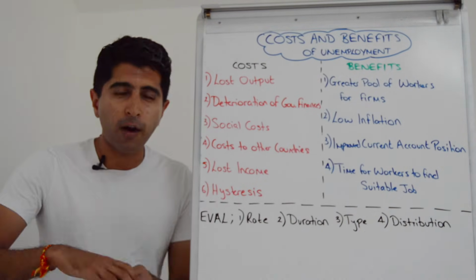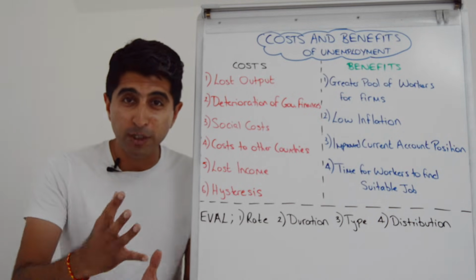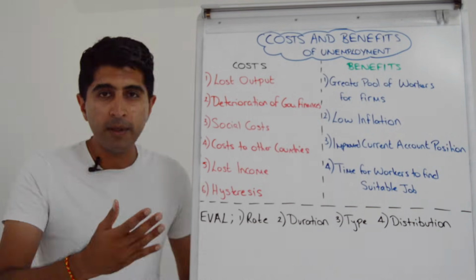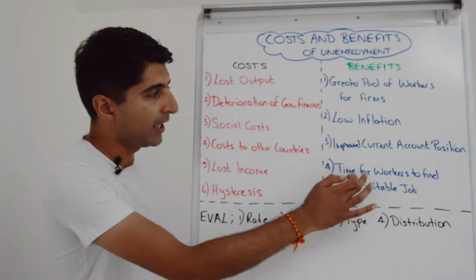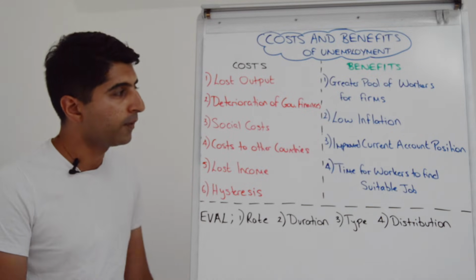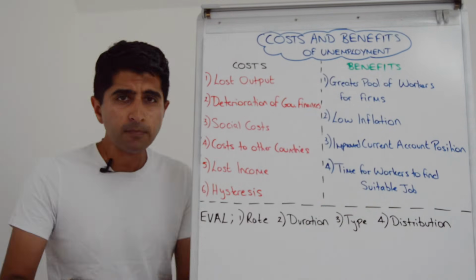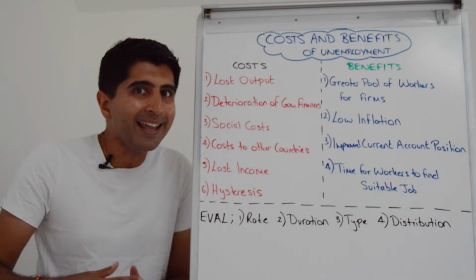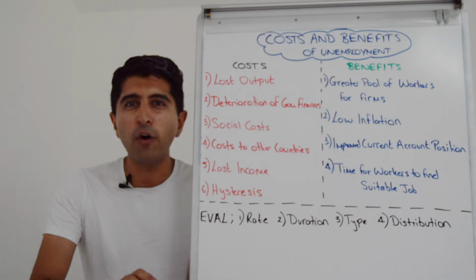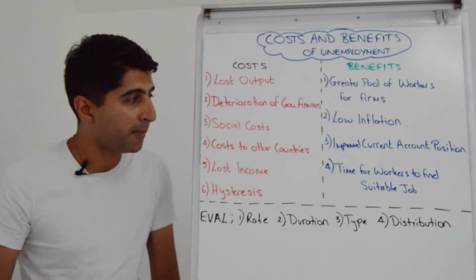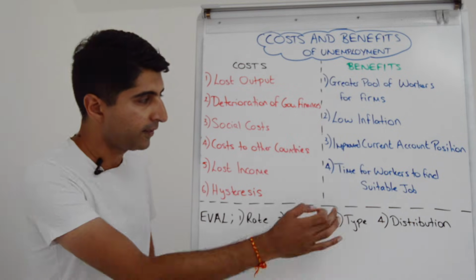At the same time, a country's current account position should improve. If a country has a current account deficit, high unemployment should help to reduce that because with high unemployment and low incomes in the economy, there'll be less spending on imports, less sucking in of imports taking place, and ceteris paribus, that will help to improve a country's current account position. But also, when there is unemployment, it takes away the stigma of being unemployed. So if a worker is unemployed, they don't have the stress, the pressure to rush back into work. They know they're not in a unique position. There are many others in the economy who are also unemployed. So workers can take their time and find a suitable job for themselves in that situation.